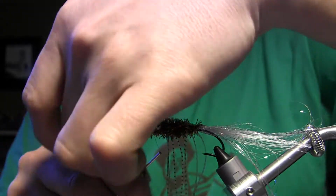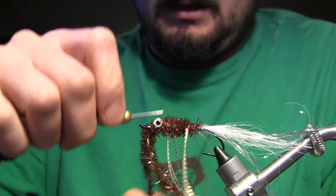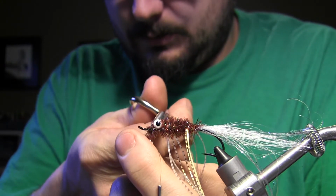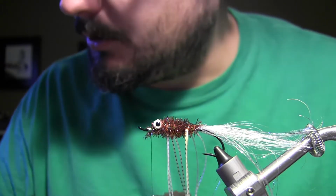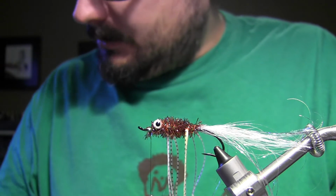And we're going to tie that off. Now, what else are we missing on here? Oh yeah, right. Antlers. Okay, so antlers. So I thought about what we could use for antlers, and we want some movement and stuff. We don't want to look too gaudy. So anyways, I thought maybe we could use